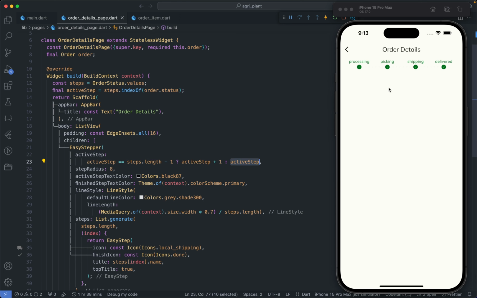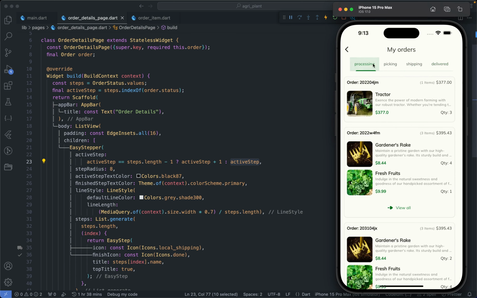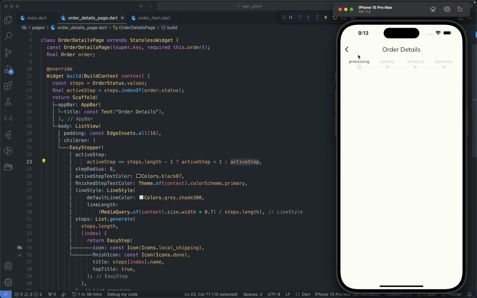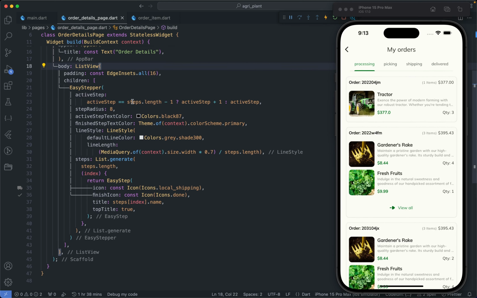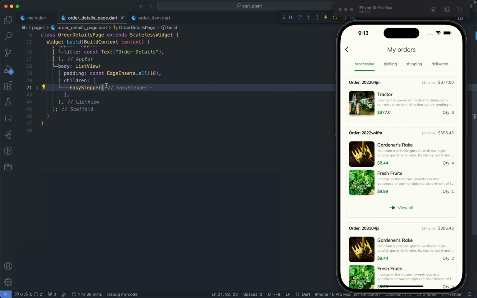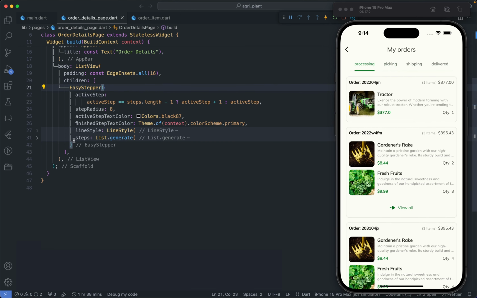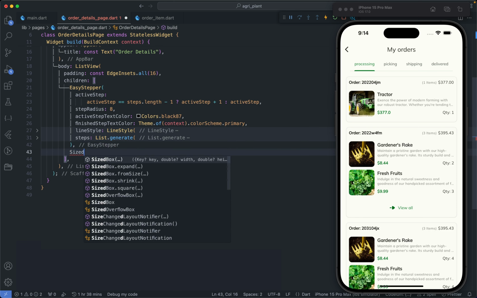So if you do that, realize that delivered is also marked as done, right? So this is how our stepper is going to be. Now after the stepper, we are going to have our other details. So the delivery date, the user details, the payment details, all those kind of things are going to be after our easy step. Just after that, we are going to have a sizer box for space,